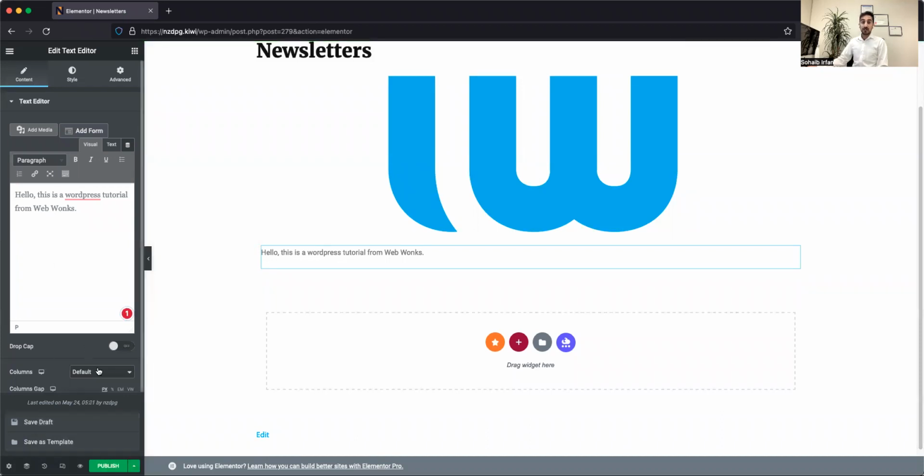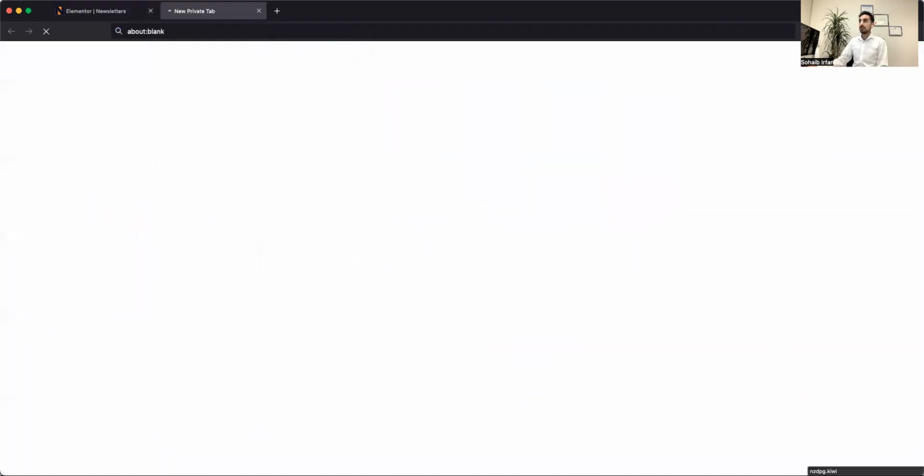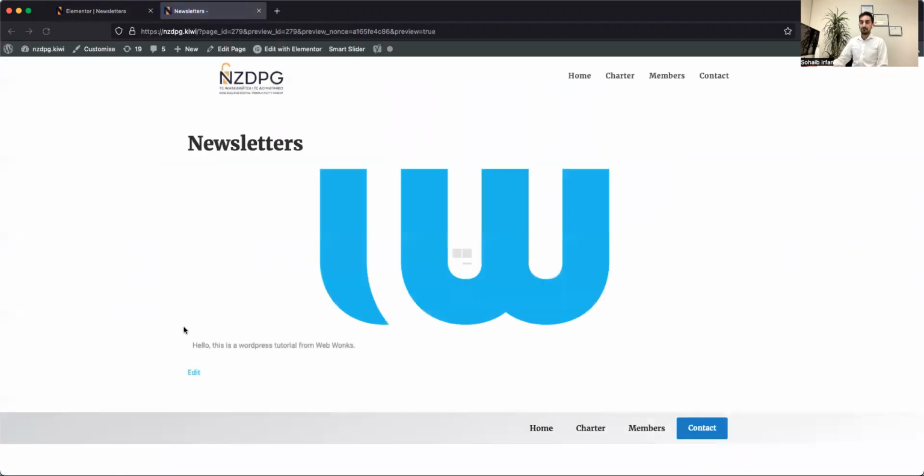Now it has saved a draft copy of the page with the content on it. If we want to view it, we simply need to click on this I button, which shows preview changes. So if we click on that, this is how our page is currently looking like. It's not live yet. So we can go back